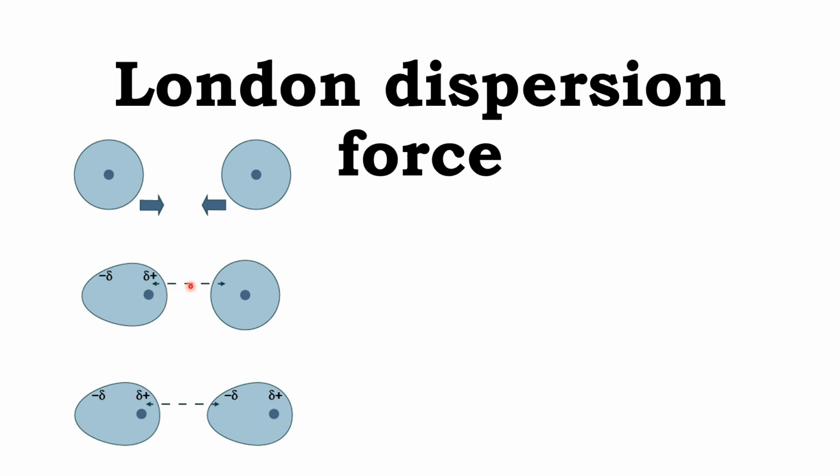Apart from that, here a positive charge appears. When these positive and negative charges attract, they come closer. In this form, the electron cloud is attracted towards the positive nucleus of another atom that is induced, and forms a